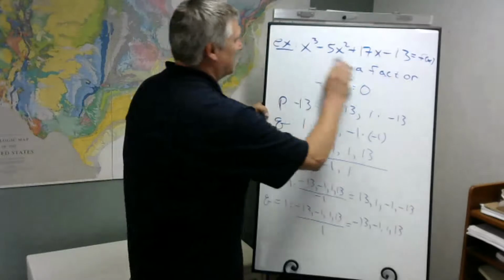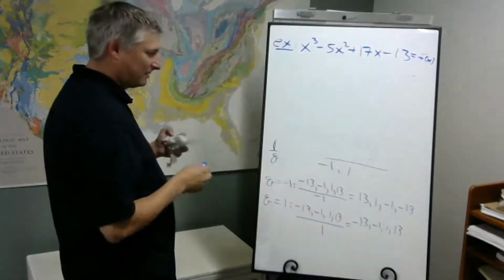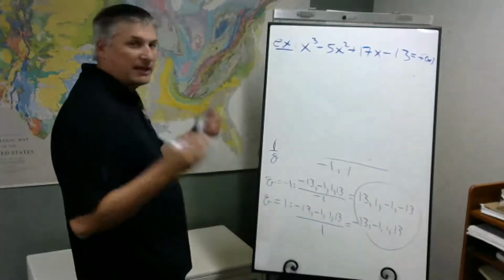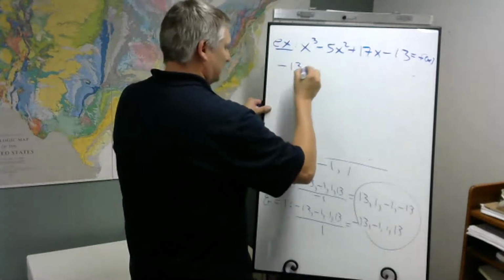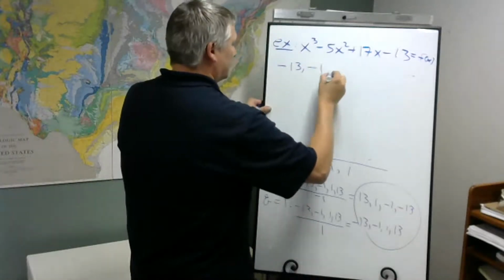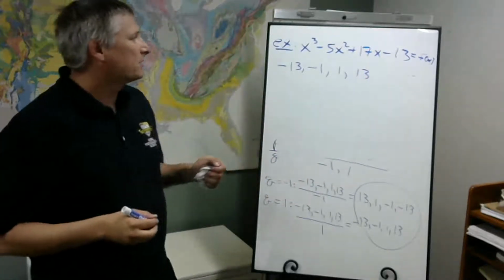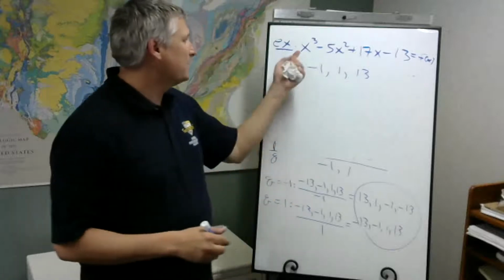What we get are numbers we can test. And so combining these two together and looking at the unique numbers, we've got -13, -1, 1, and 13. And it turns out, if you test these numbers, the only one that's going to make this equal to 0